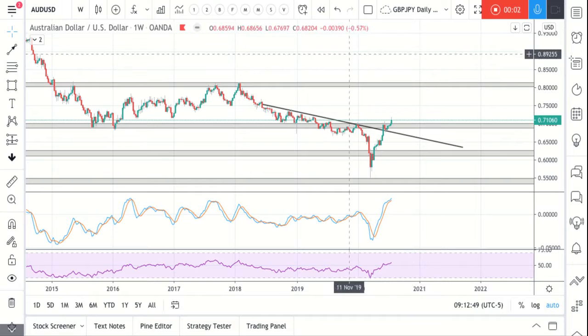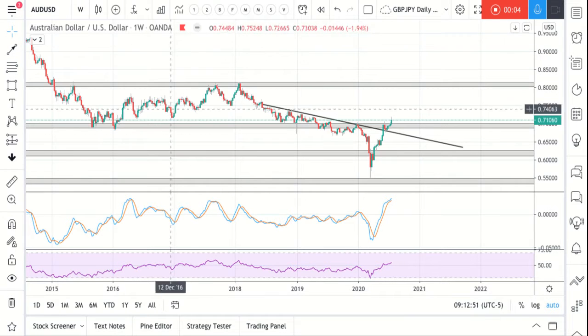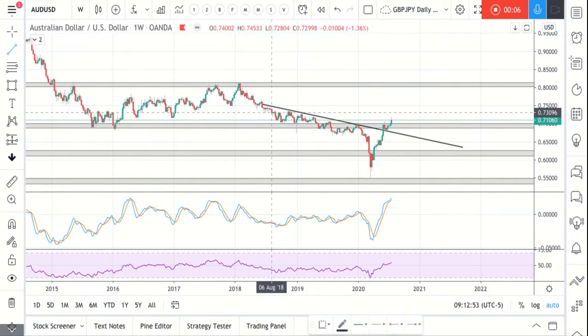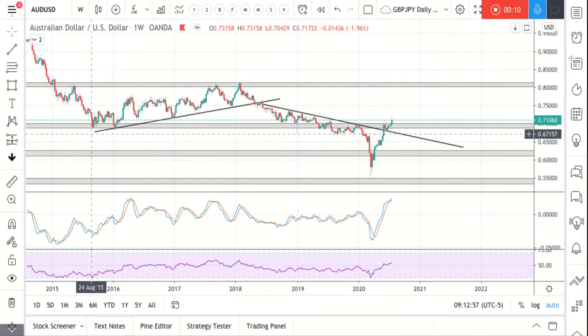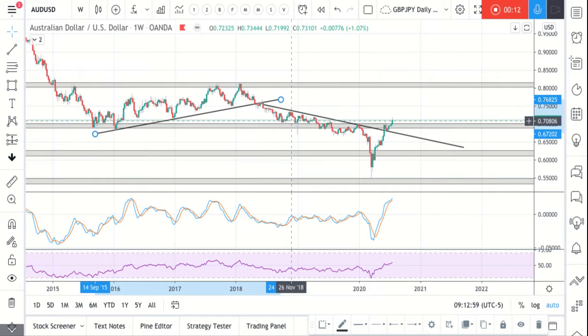Australian dollar, United States dollar. Start with the weekly. As you can see, we've been in this downtrend since we broke out of this corrective pattern back in June 2018. Price has definitely respected that trend line for the last 2 years and had this coronavirus flash crash back in